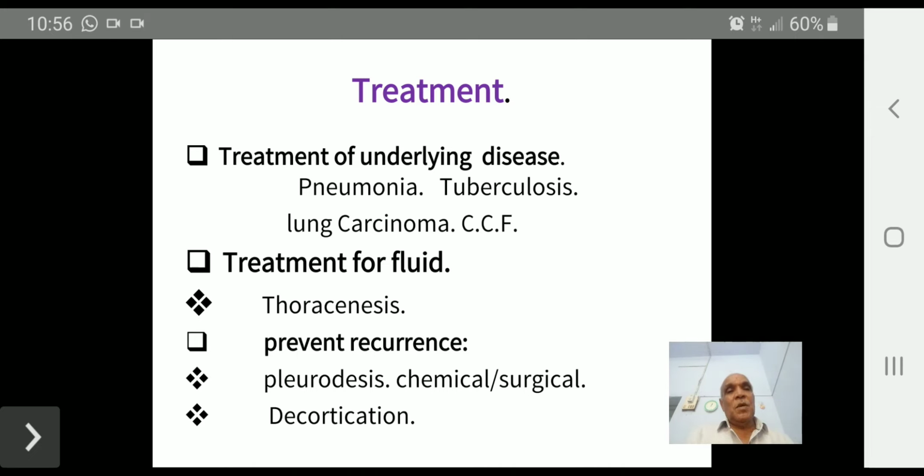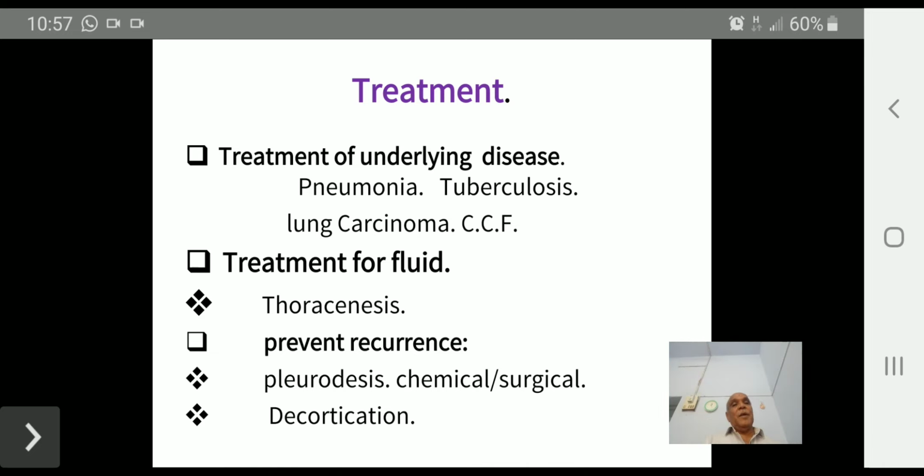But we should differentiate effusion from the pneumonia. Both give diminished movement and dull percussion. We can differentiate effusion from the pneumonia: if the vocal resonance is decreased, then effusion is present, and if vocal resonance is increased, we can say the patient is having pneumonia. No shifting of the mediastinum favors the pneumonia, and shifting favors the effusion.